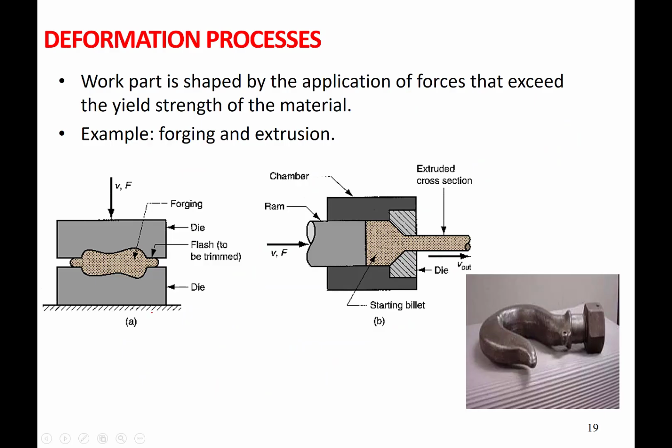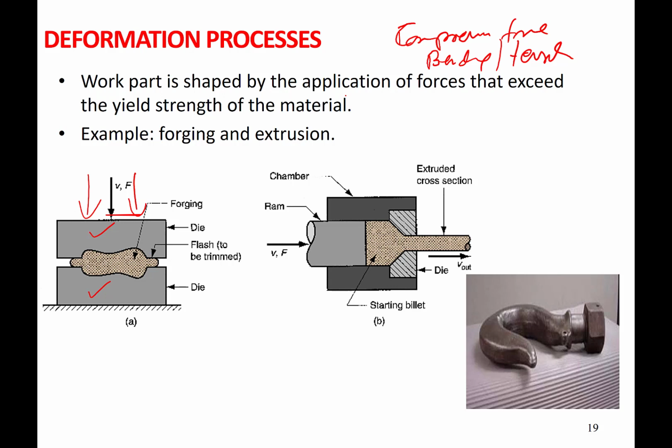Now coming back to the other one, you'll see the deformation based process. So what we will do, we apply compressive force in most of these cases. Compressive force, in some cases it can be bending as well as tensile. First of all we get the die of the desired shape, and then the metal is pressed between the two dies so that it takes the desired shape.